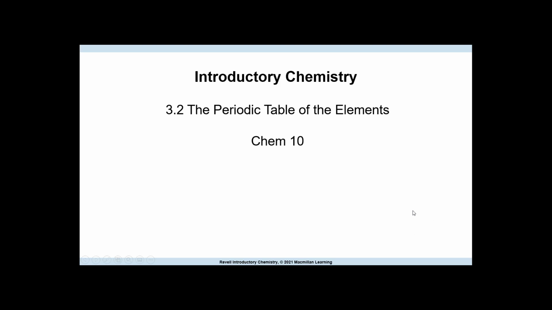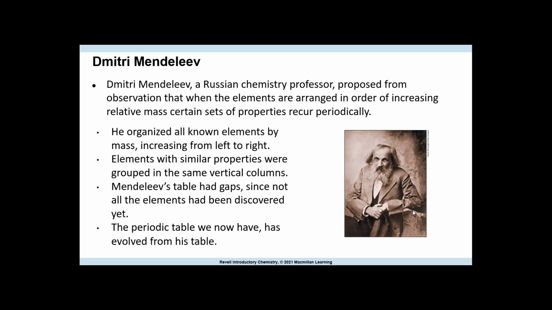Class, we are now on section 3.2 of the periodic table. We are going to start with Dmitri Mendeleev. He is a Russian chemistry professor who put together the elements arranged in a certain way. So by 1860, 60 elements were known, and Russian scientist Mendeleev categorized these elements into a table based on their atomic masses,